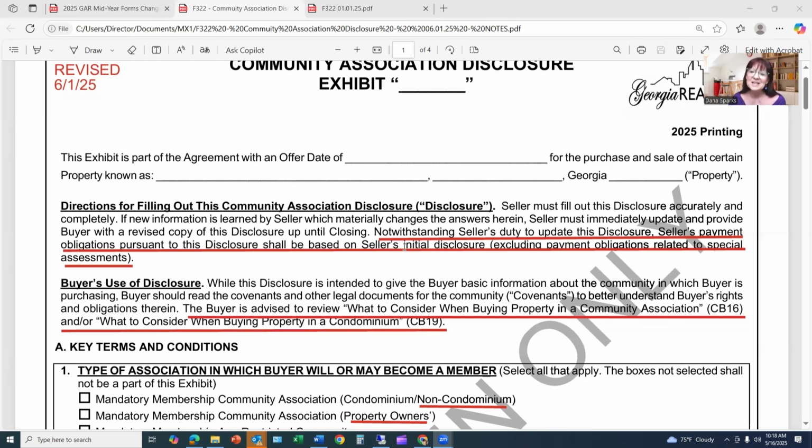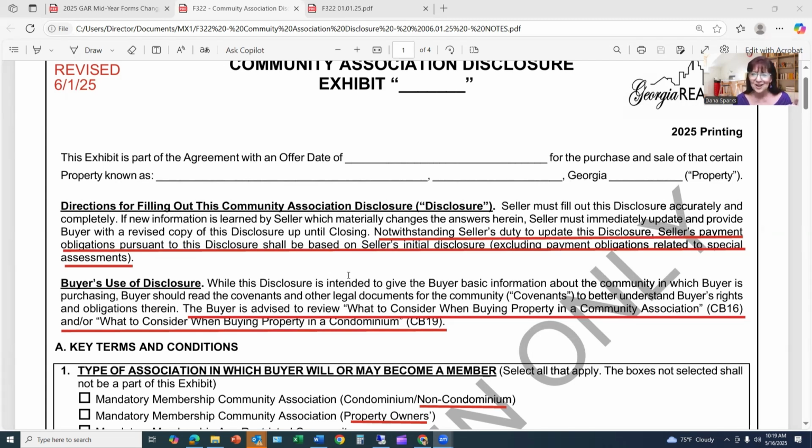So one of the biggest things, and the changes I have underlined in red. Basically, the seller should fill it out accurately and completely. It does say, if new information is learned by the seller which materially changes the answers, seller must immediately update and provide buyer with a revised copy of the disclosure up until closing.